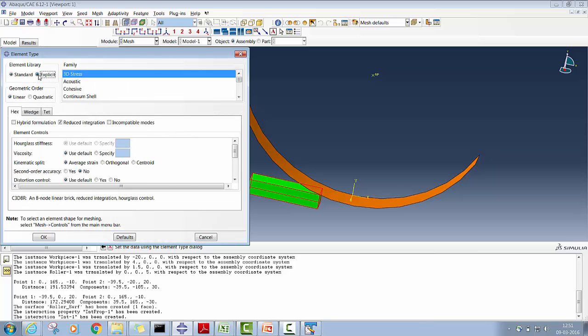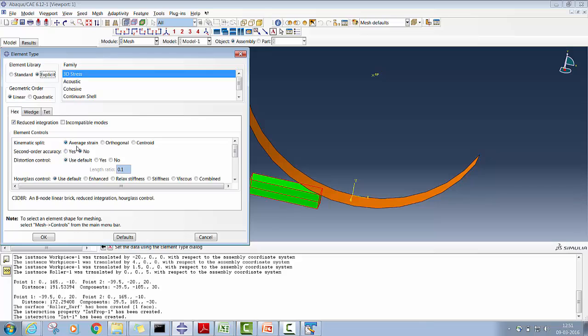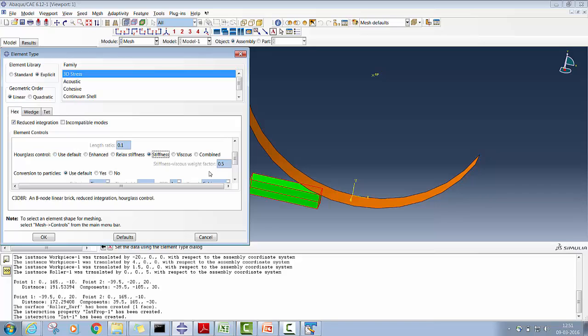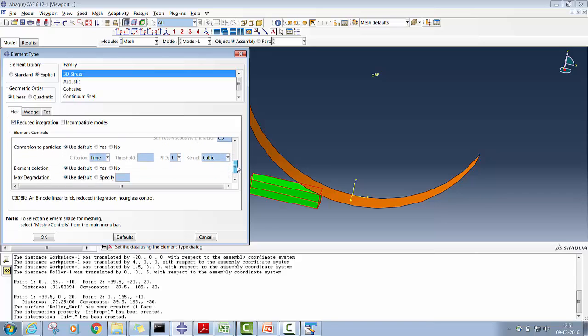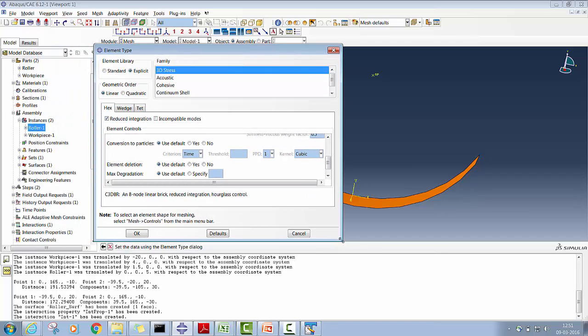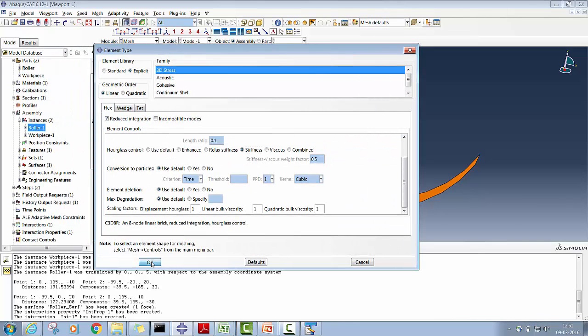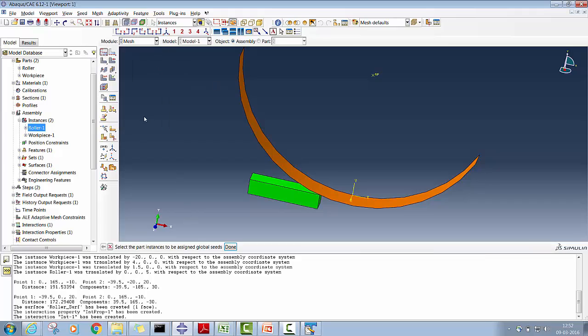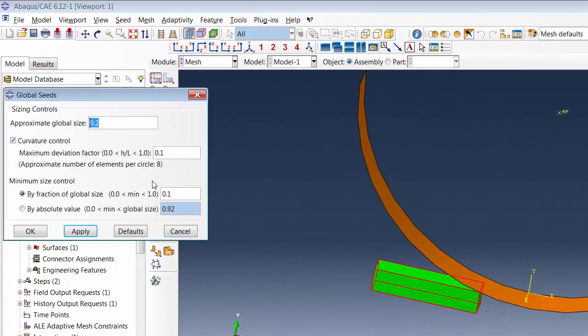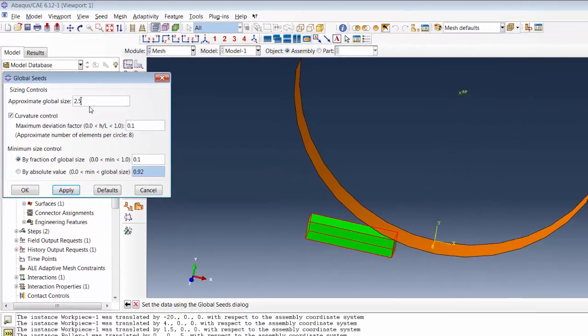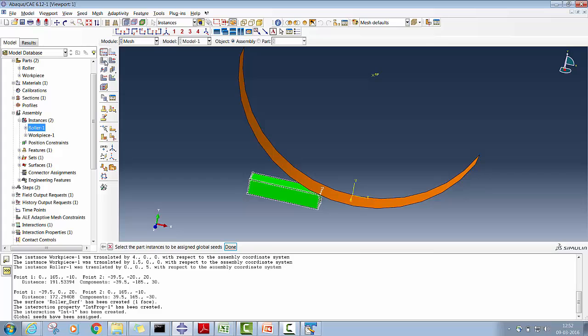here we'll be choosing the explicit, and as I mentioned, the kinematic split has to be centroid, and for hourglass control we will be choosing the stiffness, and leave all other parameters at defaults. Okay, just say okay. Choose around 2.5 millimeter, or I will say 2.5 millimeter should be fine as an element size. Say mesh it,